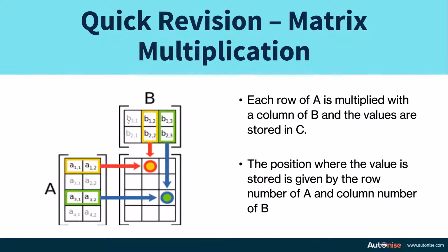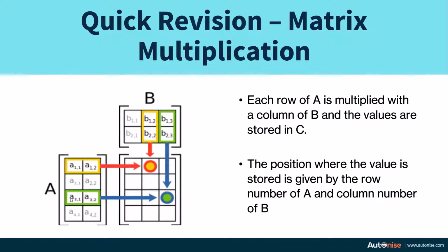And how do we do matrix multiplication? So you take the row of matrix A, you multiply each element with the corresponding element of the column of matrix B, and then you put that value in the output. So if we took the first row of A and the second column of B, then in the output matrix, let's call it C, we'll store the element wise product and sum in the location 1, 2, which is the first row, second column.